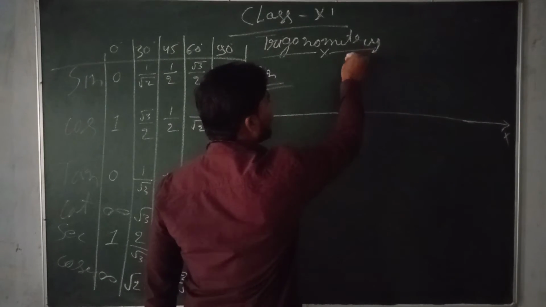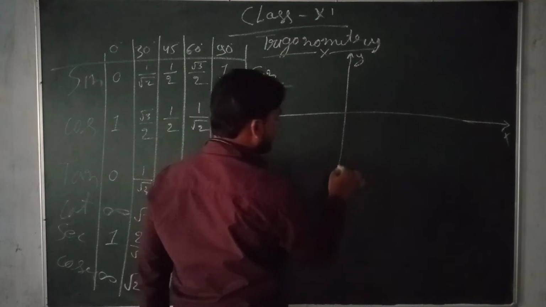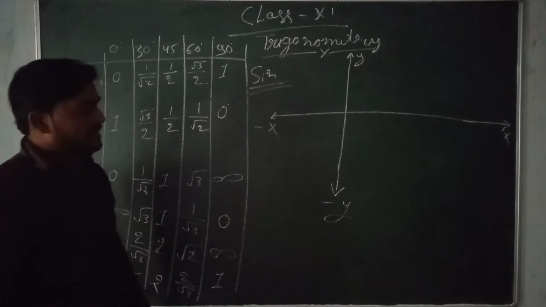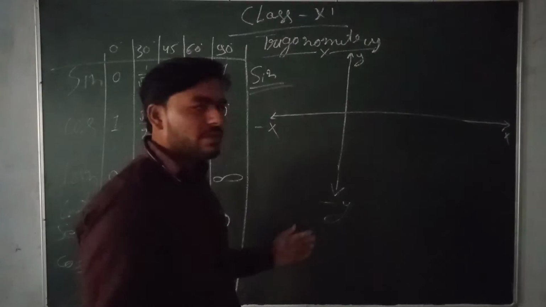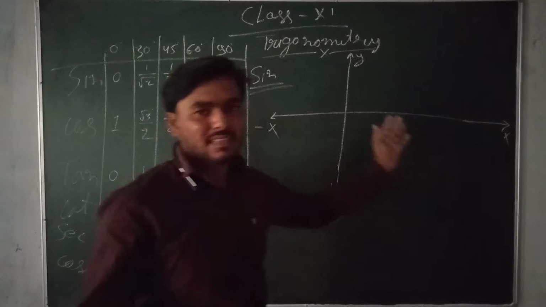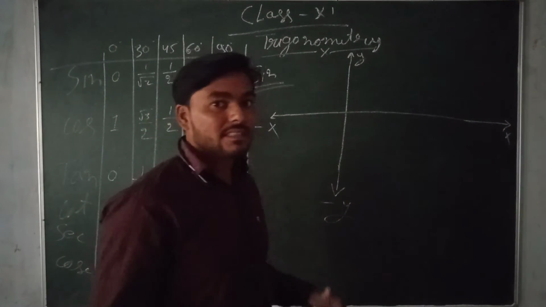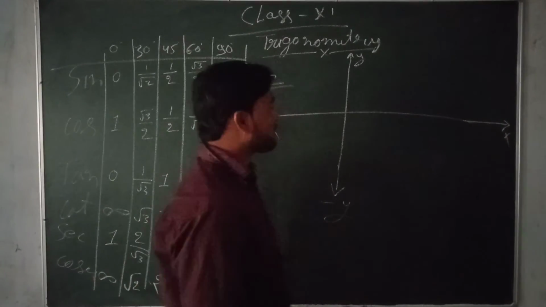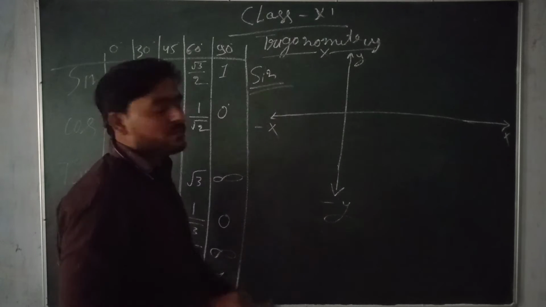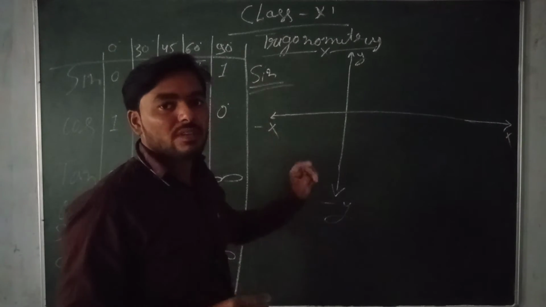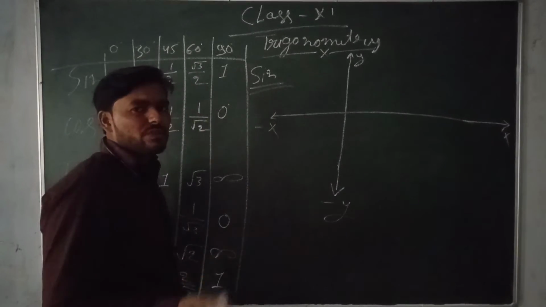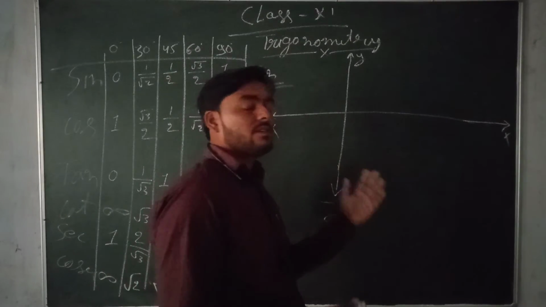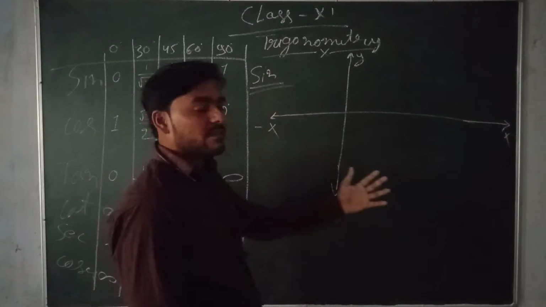X-axis, y-axis, minus y-axis, minus x-axis. There should not be a problem. Everyone knows that the horizontal line is the x-axis. There is also a third axis, the z-axis, but here we only need two, x and y. There is no need for the z-axis because we are not in 3D, only 2D.